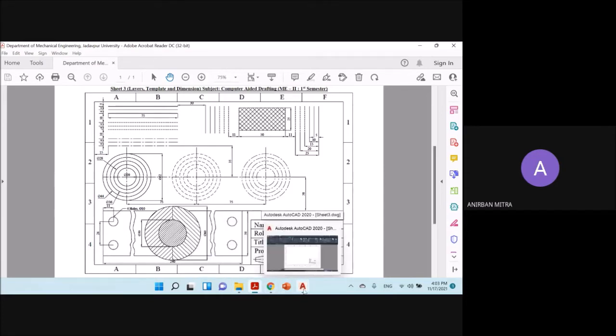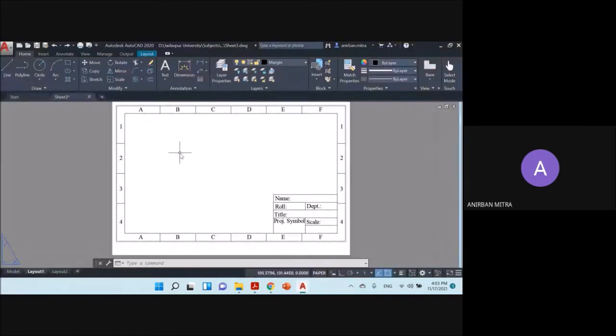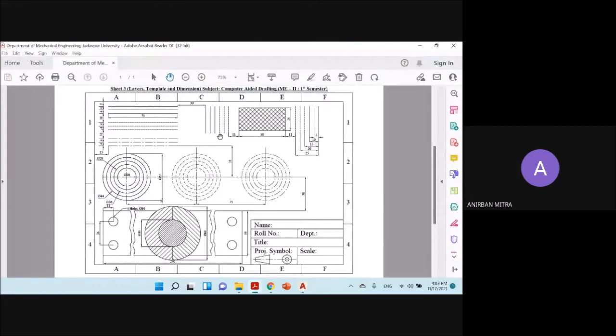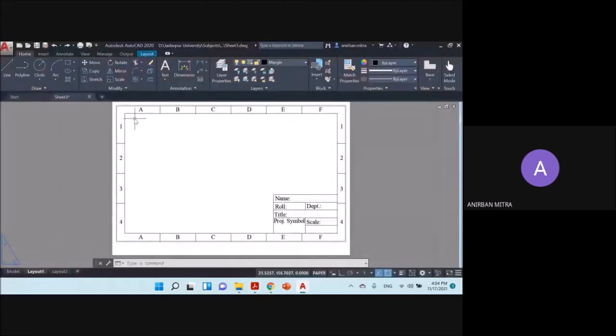Let me just demonstrate how this object can be drawn. I'm going to draw it over here in the paper space. In fact, this problem sheet 3 tells you to create everything in paper space. That means for this particular problem sheet, you do not need to create a viewport. So we can simply create all the geometric entities over here. I do not need a viewport here. So you are not required to make it in the model space. You will be making all the components in the paper space.